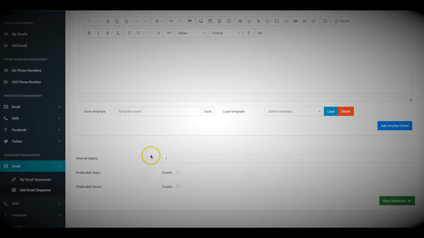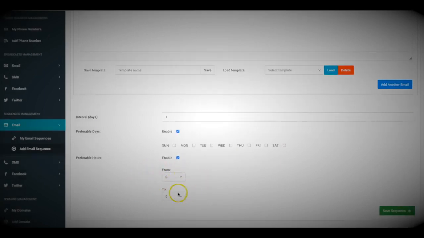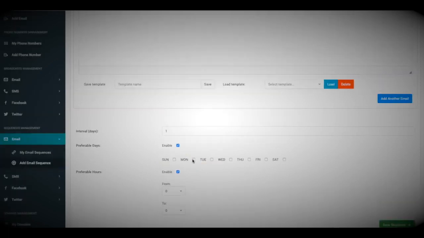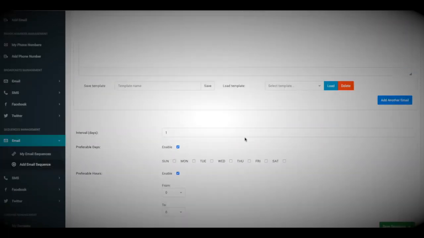And down here at the bottom, you can also set up a full flexible schedule, okay? So you can choose however many days in between each email the next email is sent. You can choose what days of the week this sequences are sent, and you can even set the time of days that these sequence emails are sent. Okay, so we have full flexibility in how your emails are sent, when they're sent, and all those very powerful